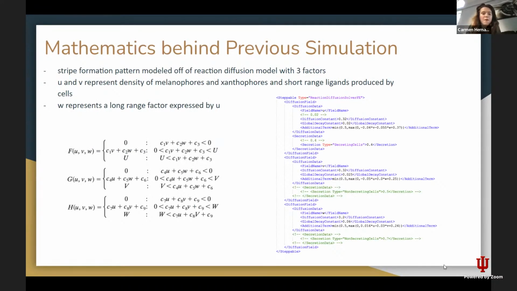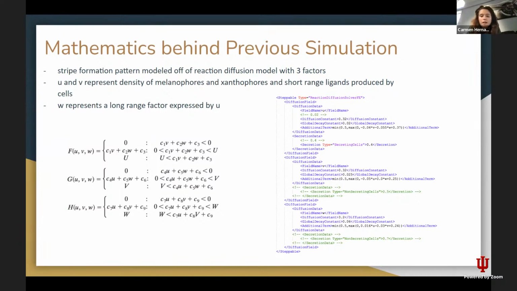So here we have the mathematics behind our previous simulation. You can see on the right, it's the code that we have in our XML. We actually aren't using this anymore. We still left it in there because it is one way that can be done. So I'm going to go over it a little bit again, just if people do want to use the simulation,